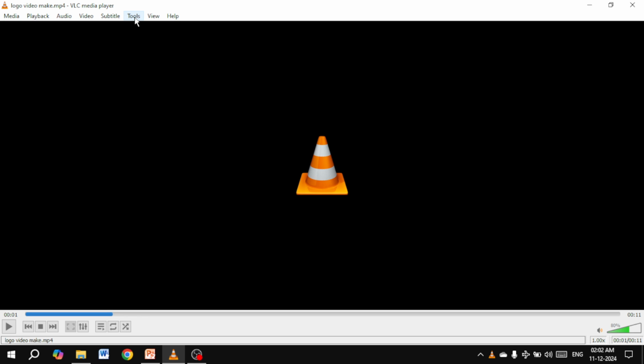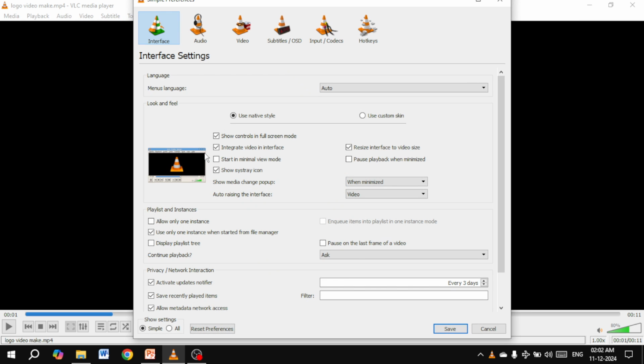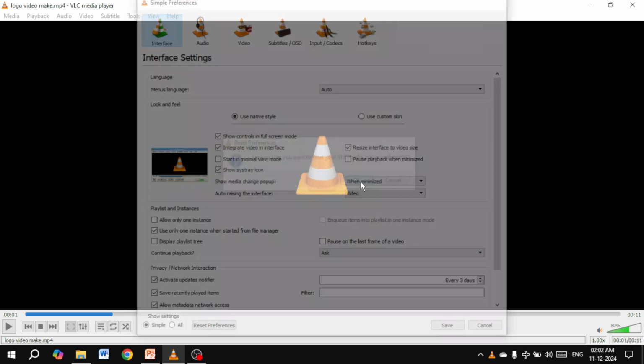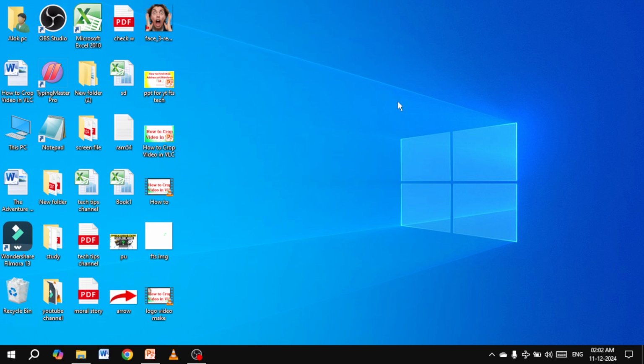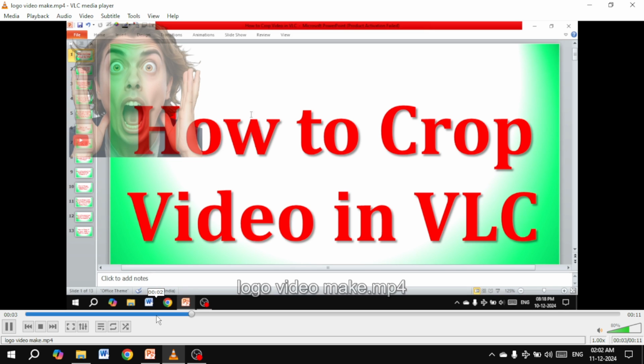Last is one more trick. Click on tools, go to preferences and reset preferences, click on it and click OK, then click browse, then click on it, open this, then click continue. You can see the video is this and वीडियो पर ये लोगो लगा हुआ है।